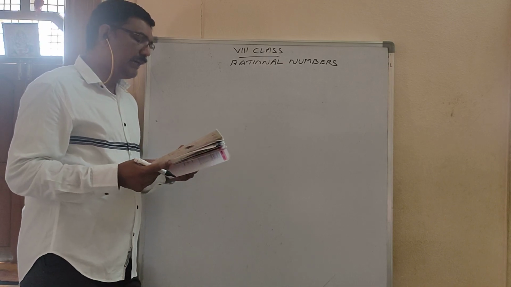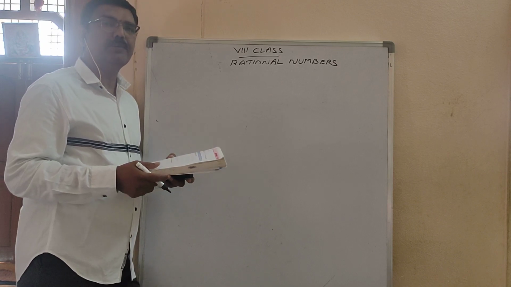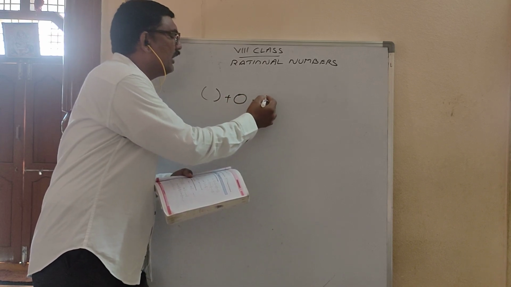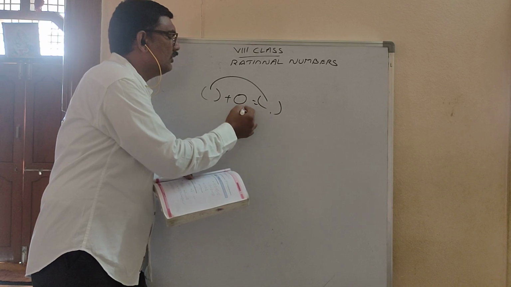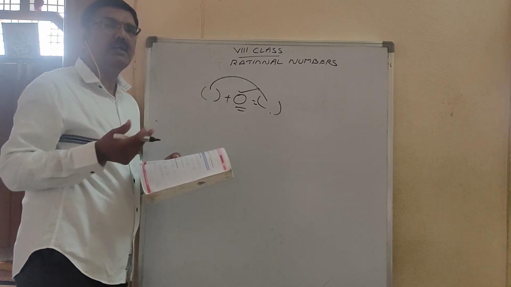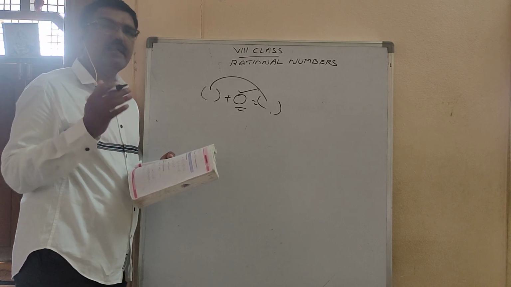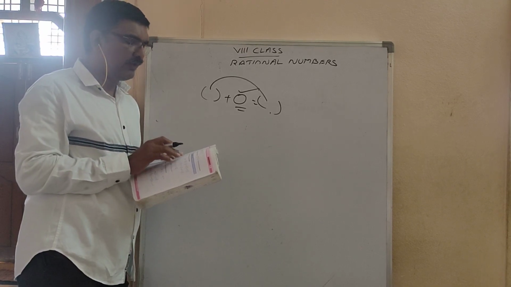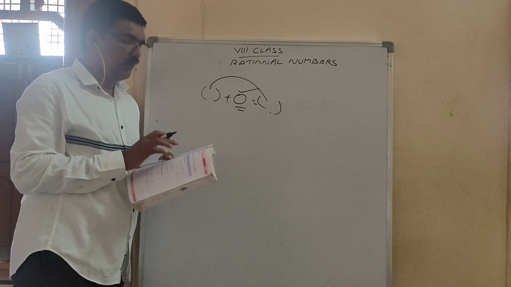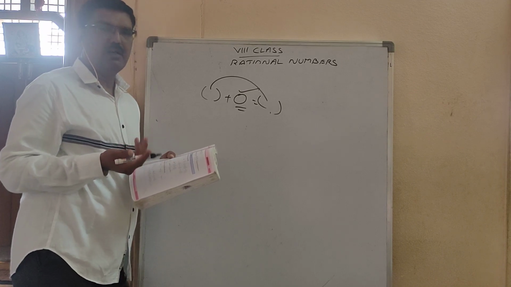Now the first one: 8 by 5 plus 0 is equal to 8 by 5, which is equal to 0 plus 8 by 5. As I said, you take one number, add another number, and you get the same number. So this 0 is called what? Identity. Which property is involved in this additive? Identity. So what you have to write is: 8 by 5 is a rational number, in p by q form. The set of rational numbers satisfies the additive identity property under addition, or simply you can write additive identity.